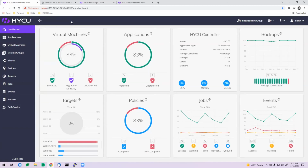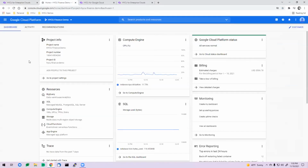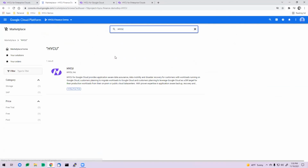Just real fast, and I'm a little embarrassed that I didn't leave enough time to really cover this in greater depth, but we have native solutions that look very similar to our on-prem solution for HYCU that run in Google and Azure, and like I said, soon to come in Q1 for AWS as well. If you come to either Google or Azure into the marketplace, if you simply search for HYCU, we're